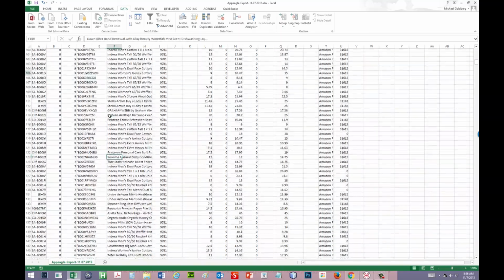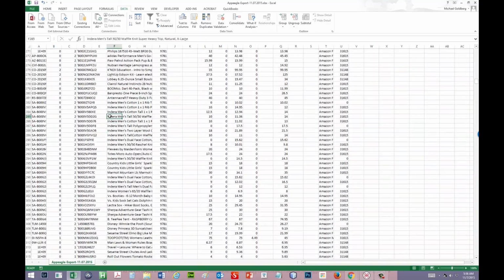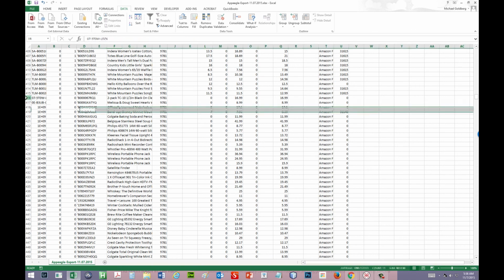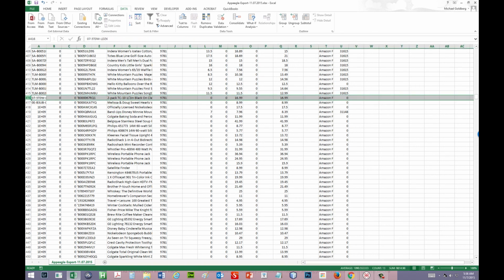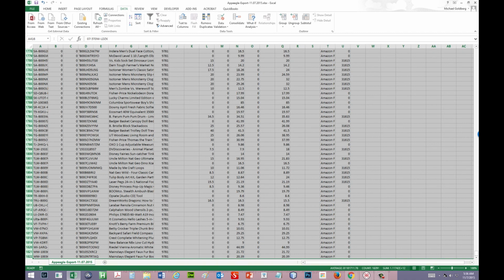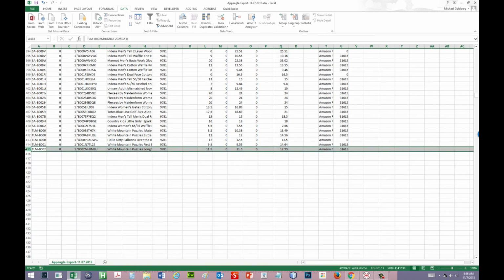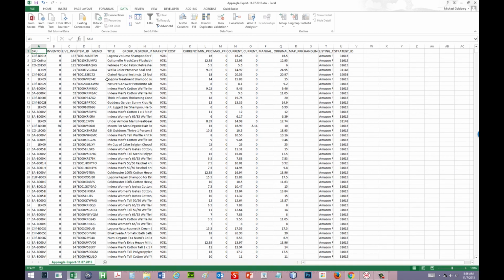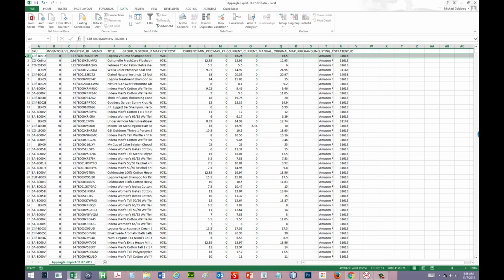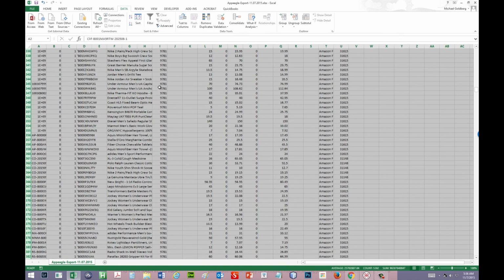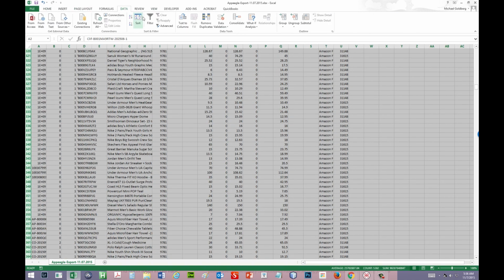I'm then going to scroll down until I look for the zeros, because that's the inventory. I select the row, I hit Shift Control down, and I hit Delete, because I don't need those. Now what I want to do is I'm going to go to the top. I'm going to select row 2 again, Shift Control down, it selects everything, and I'm going to go to Data,